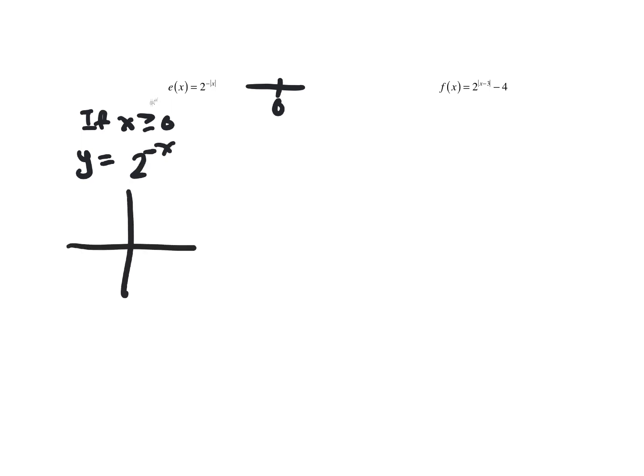And let's graph that. If you remember from earlier in this packet, it just looks like this exponential decay. But because we're cutting it off at greater than or equal to 0, we're only going to be taking this piece here. And then if we go back to now, if x is less than 0, then we're working on